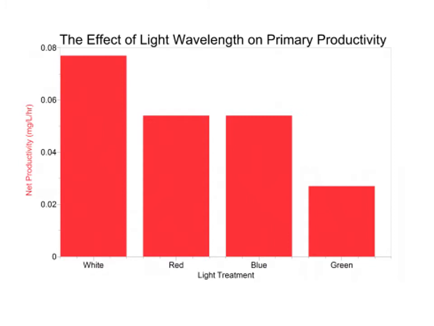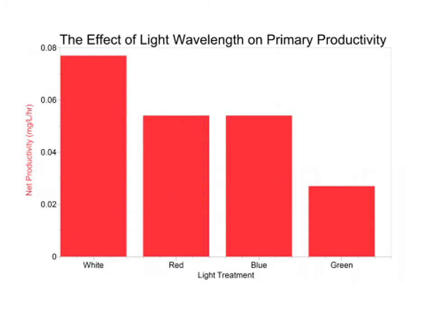Now, this is giving us a measurement called primary productivity, which we'll come back to, but you can clearly see that when you've got all wavelengths of light, you've got the highest productivity, which is a measure of photosynthesis. Red and blue, you're getting a nice high productivity as well. Whereas with green, because most of it is going to be reflected and not utilised, we've got a very low one. So sometimes you might be given data sets to interpret, to help you come up with your ideas about why that 1 to 3%